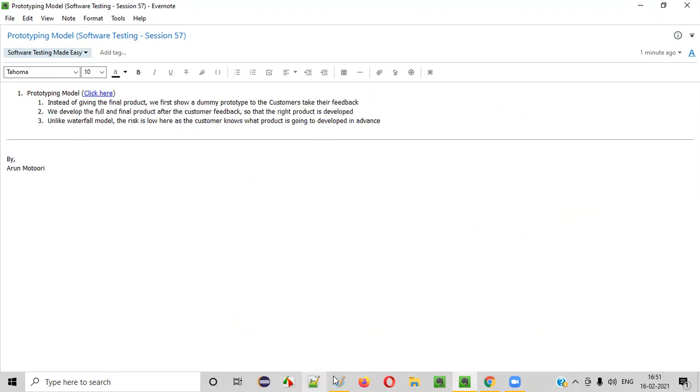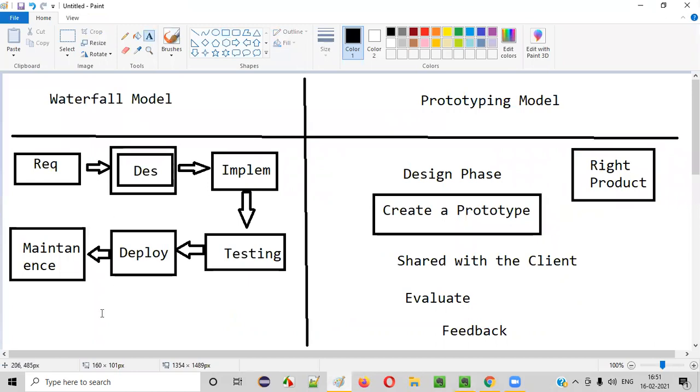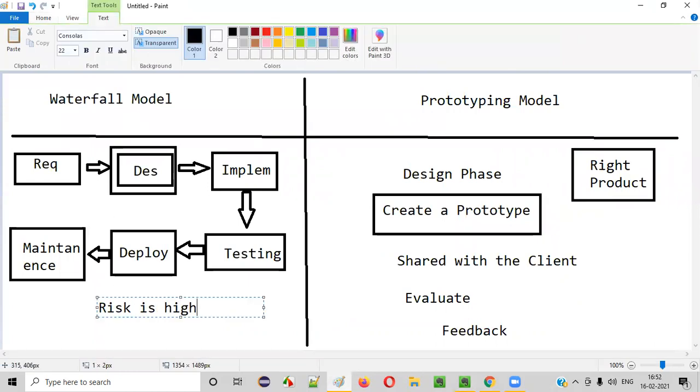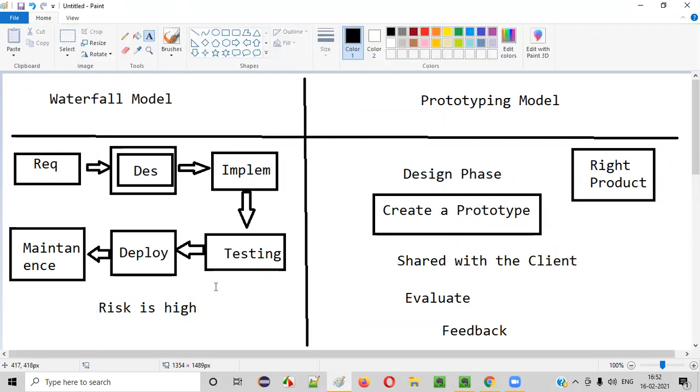So here, in case of the waterfall SDLC model, the risk is high, guys. The more complex the application is, the more time the project takes to complete. The risk is very high, guys, because the client doesn't know what real product he is going to see at the end of the phases, right? If he gets the right product, he is very lucky. But if somewhere some design went wrong, and he finally sees the product and it does not match the requirements he provided, then everything will go to waste, right? A lot of time and budget will be wasted.